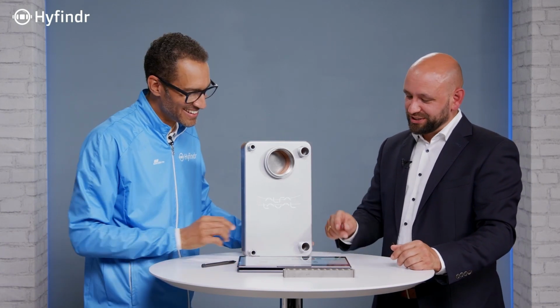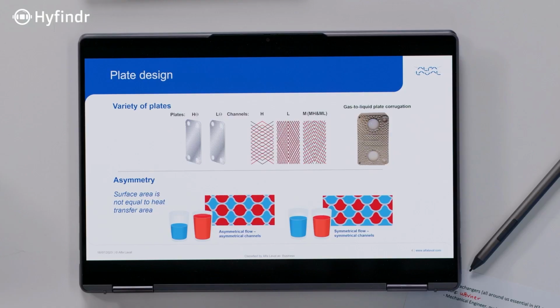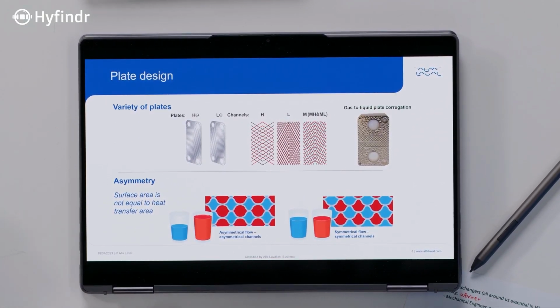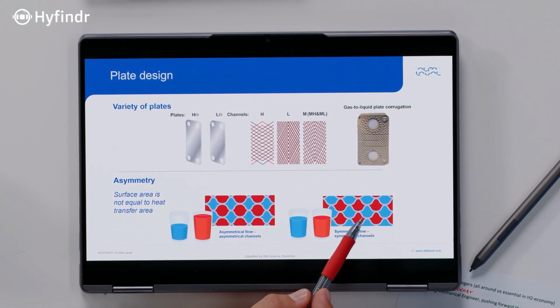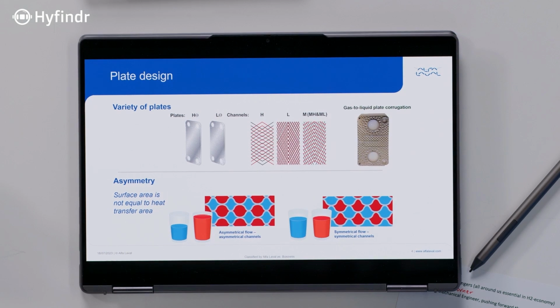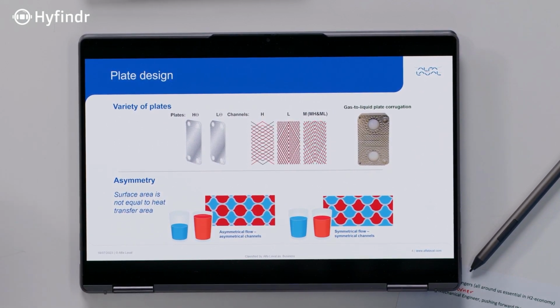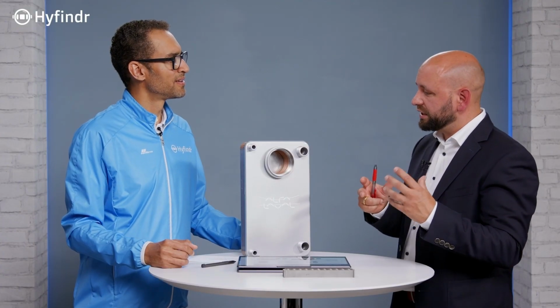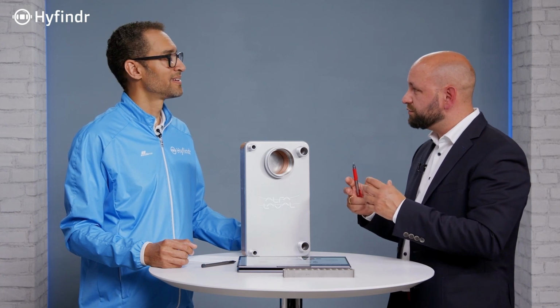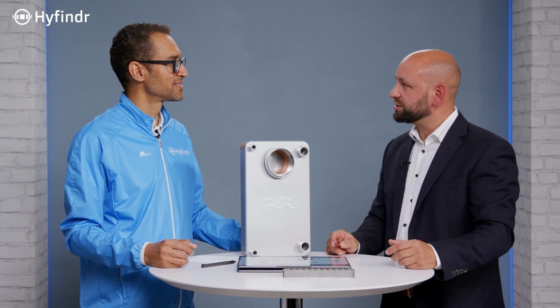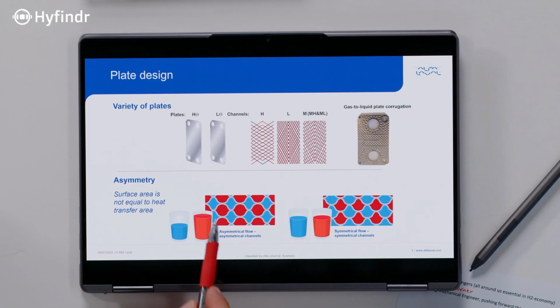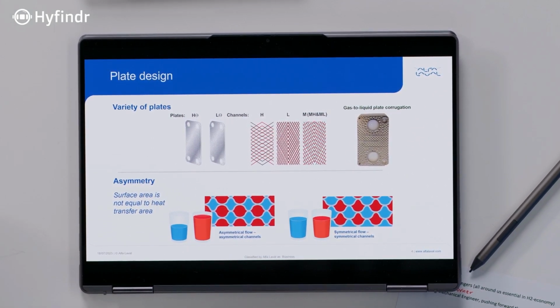Okay. Another point is the asymmetry, as we see it here, in this nice sketch. What is asymmetry? Asymmetry is, let's say, a different volume on different sides. With a symmetric standard heat exchanger, you have on both channel sides the same volume. But certain applications require different volumes. For example, the gas to liquid heat exchanger requires a very large volume on the gas side, and a smaller volume on the liquid side. It depends on the specific heat transfer coefficient of each medium. And this is something we use here to form also different channel types.